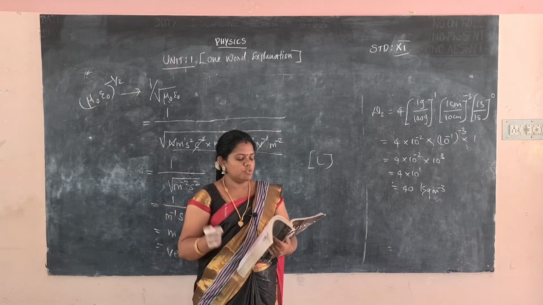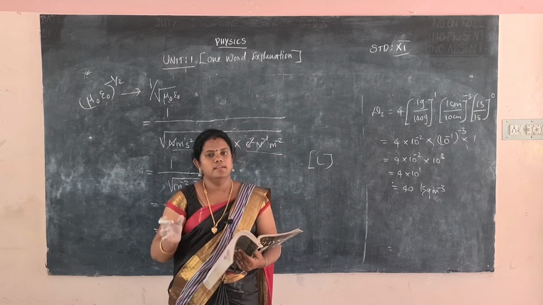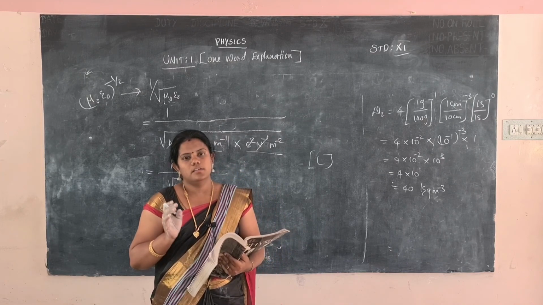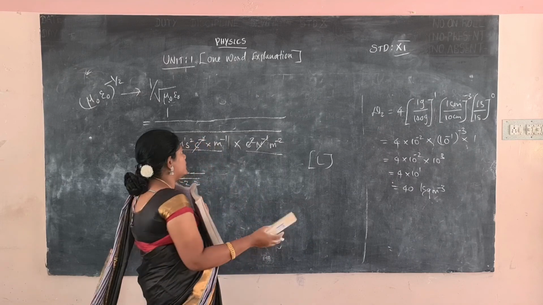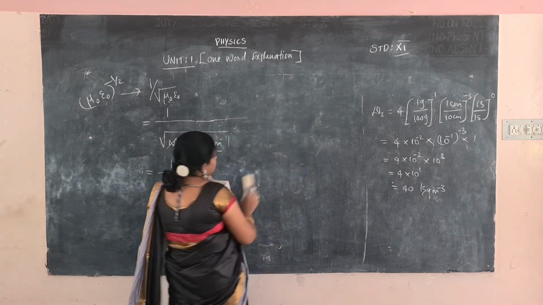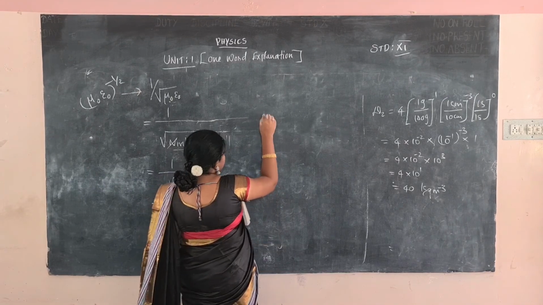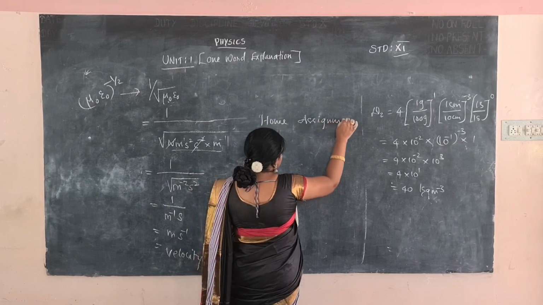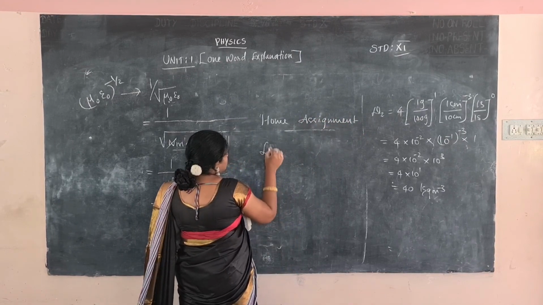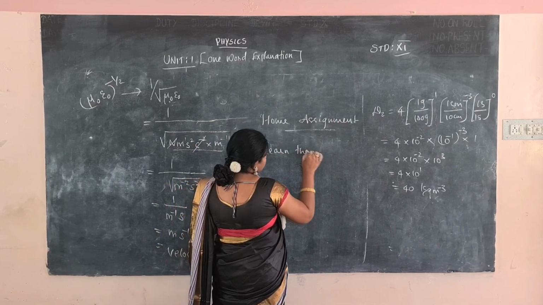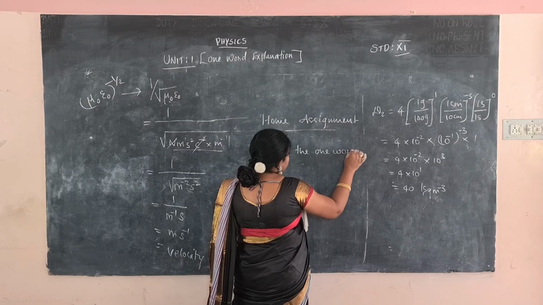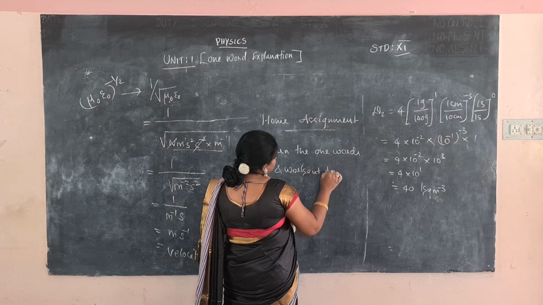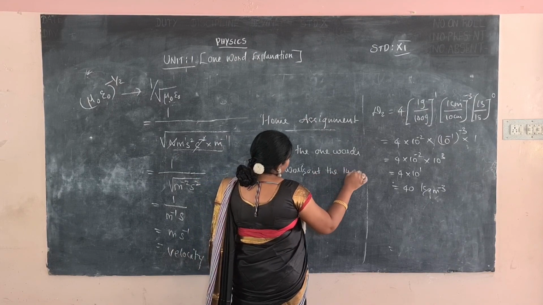So we substitute the n value and q value, and it is easy to find out the unit of length. So in this session I explained the one-word questions in the book back. You have to learn thoroughly the one-word questions and then work out the 14th and 15th one-word questions. Today's home assignment for this session: learn the one words in your book back, and work out the 14th and 15th one word.